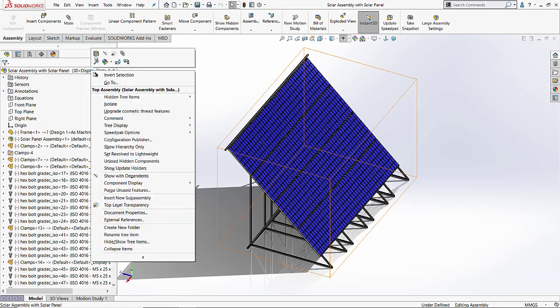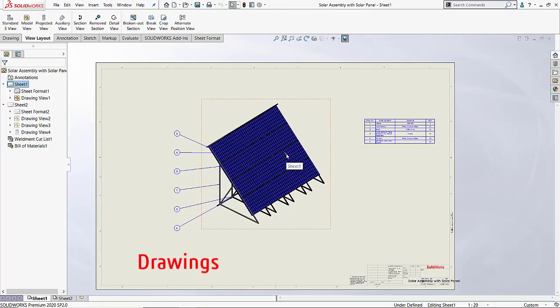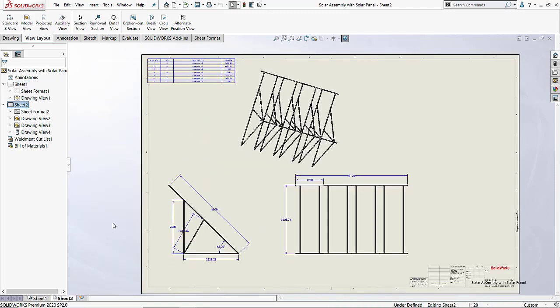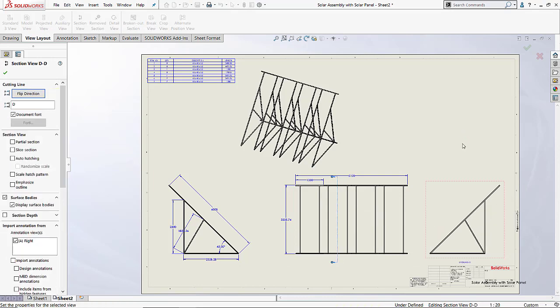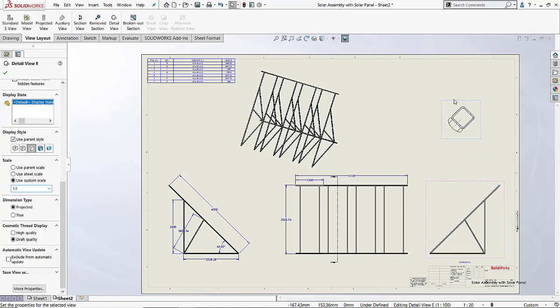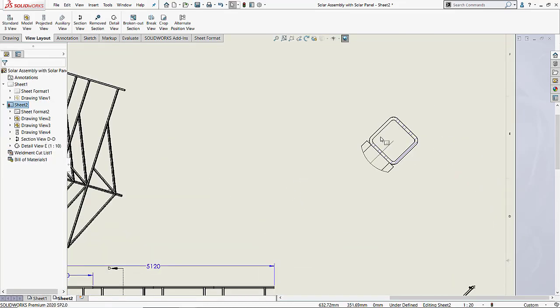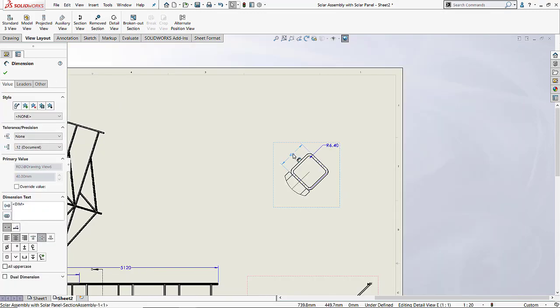Creating 2D drawings in SolidWorks is like a breeze. I can easily create a GA drawing with bill of material or a fabrication drawing with cut list. Using section view or detail view gives me much more freedom to define all the product manufacturing information very easily. As SolidWorks is a parametric modeling tool, you can rest assured that the drawings will update automatically whenever any changes are made to the 3D model.